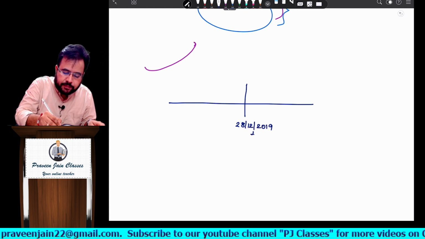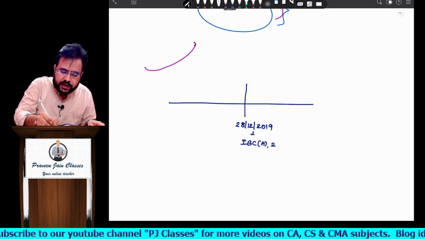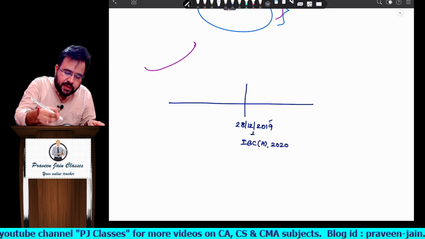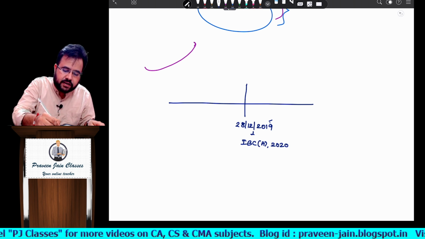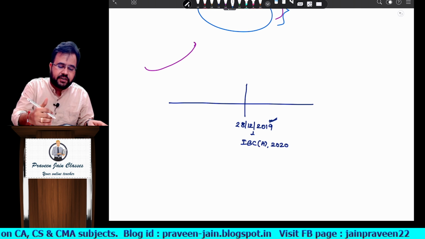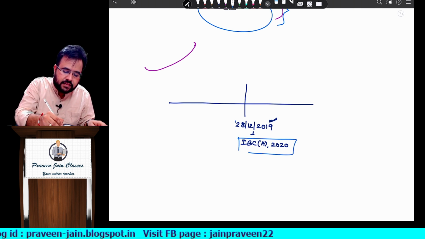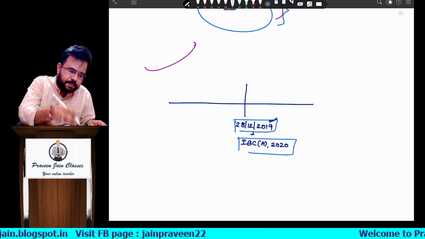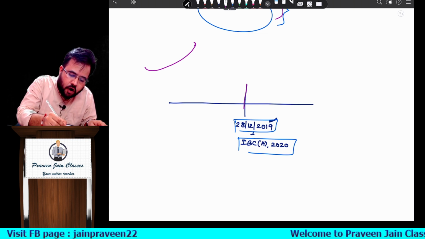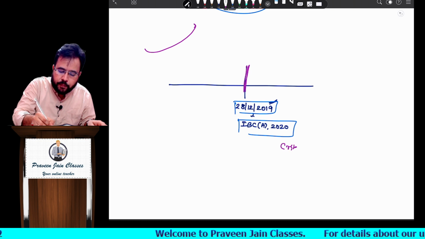On 28/12/2019, what has happened, sir? The Insolvency and Bankruptcy Code Amendment Act 2020 has come. Sir, it is effective from 2019, a retrospective amendment, sir. Before this we used to have an Ordinance. So we wanted to give effectiveness to that Ordinance, and that is the reason this code has been implemented with backdatedness. Now, sir, from this day onwards we are putting criteria for home buyers and deposit